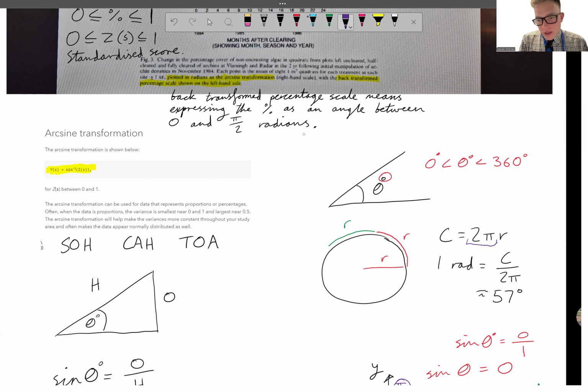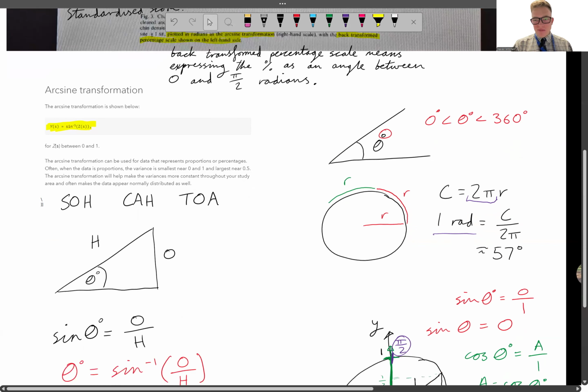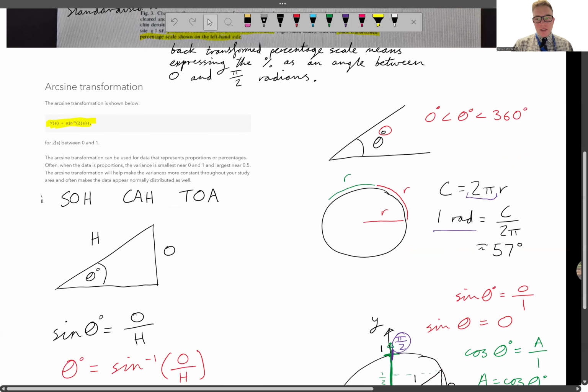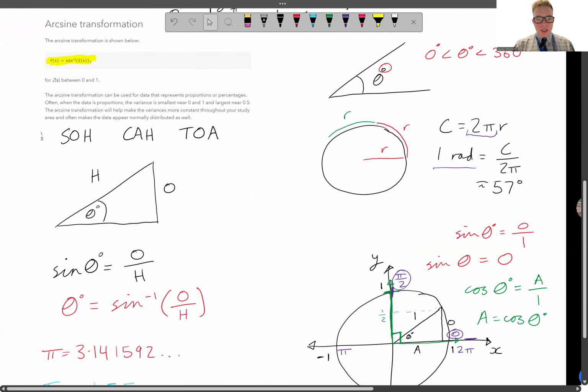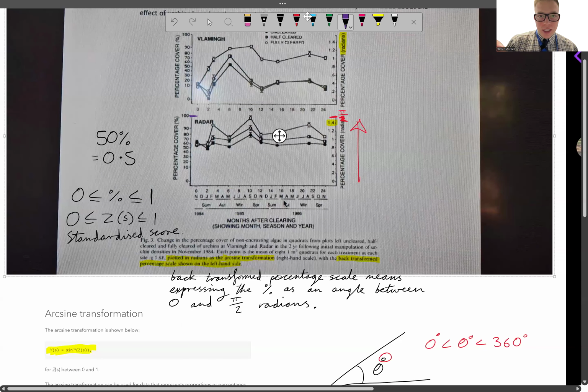And that's what we can define as a radian. A radian is, I suppose, the ratio of circumference and how many radii you can fit. So we actually get approximately 57 degrees. So 1 radian is about equal to 57 degrees. Now, we just need to understand that in order to understand why this unit is radians. Now we can start to think about